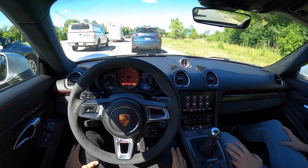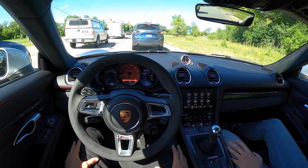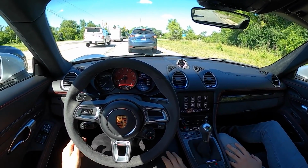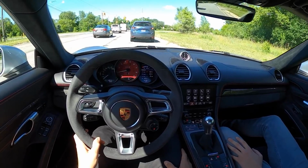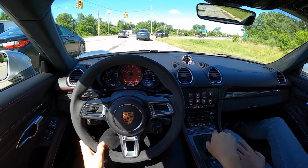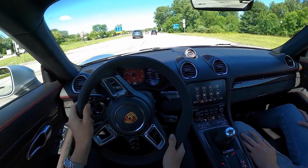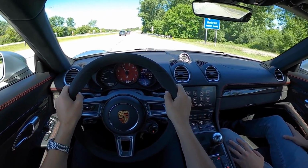Right. So would you choose the 718 GT4 or would you choose this? Do you think it's worth it to pay a little bit more to get the GT4? I think it depends on what you're going to do with it. If you're going to track it, go get the GT4. If you're not going to track it, get this. Because it's 95% of the driving experience of the GT4, just without that extra knife edge of performance and cooling capacity and aero and